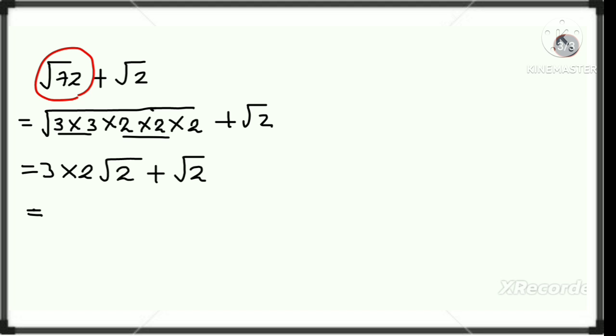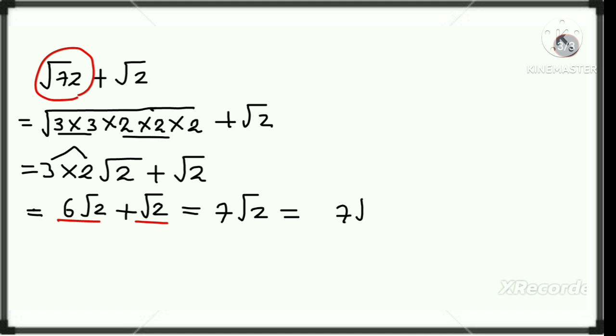Again 3 into 2, 6 root over 2 plus root over 2, and here is 6 root 2 and here is 1 root 2. After adding we obtain 7 root over 2, and further it can be solved like this: 7 root over 2 whole square and put whole root, then square of 7 will be 49